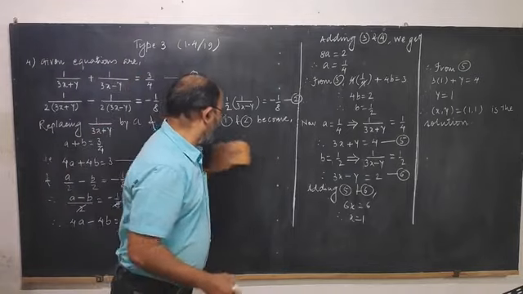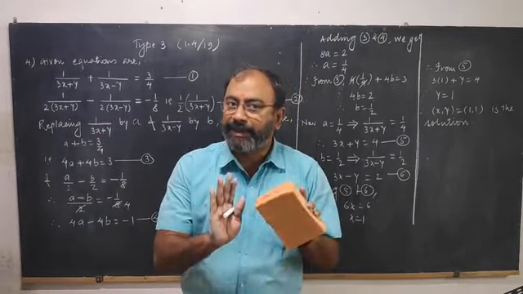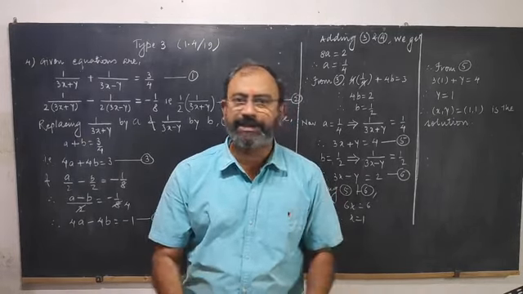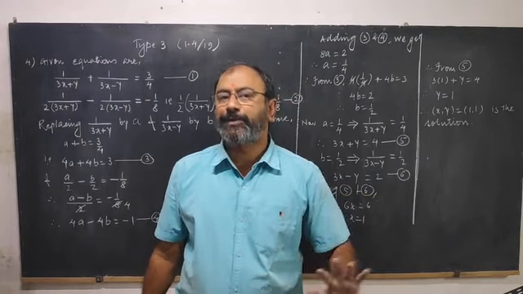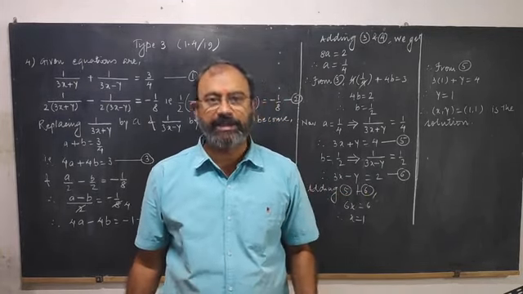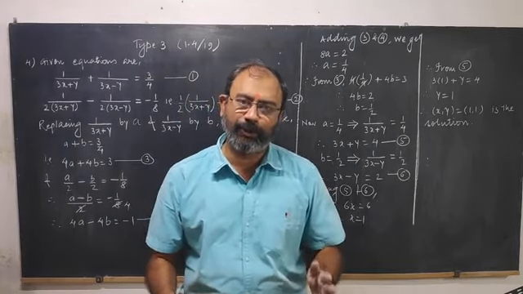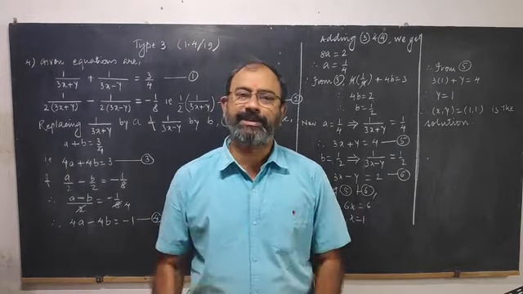Again, this is why it is type 3, because this is not a linear equation. These two equations are not linear equations in two variables. If you simplify, you don't get linear equations. But the same explanation applies: these problems can also be solved using the technique of linear equations in two variables.